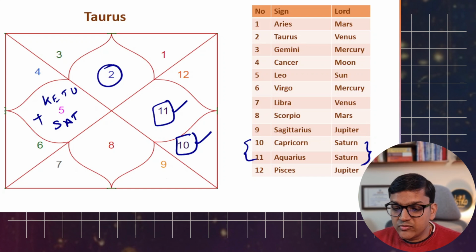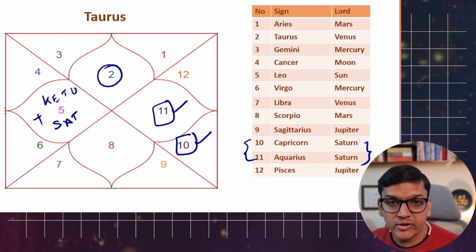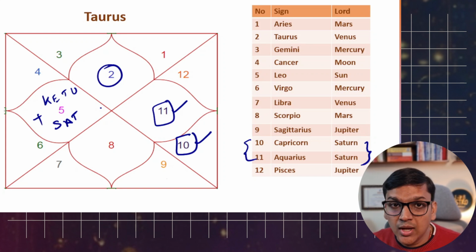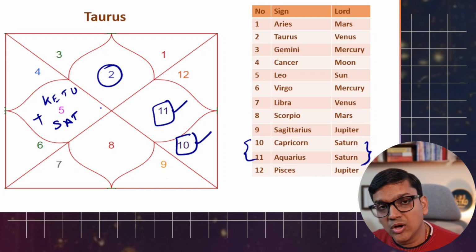So there are ascendants for which there are Yoga Karaka planets. I'll cover that in one of my videos, like how planets form a Rajyog or a Yoga Karaka, when a planet is Yoga Karaka for any ascendant, that I'll cover in detail. But here I hope that is understood. In your particular ascendant, just check and let me know in the comment section what combination of Ketu is forming a Rajyog or not.